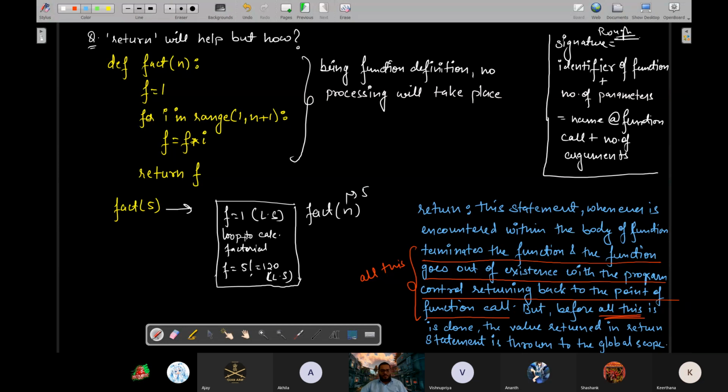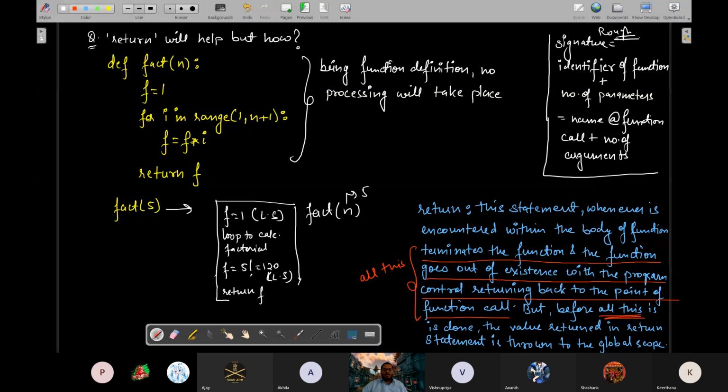But before going out of existence, the moment you will encounter return,